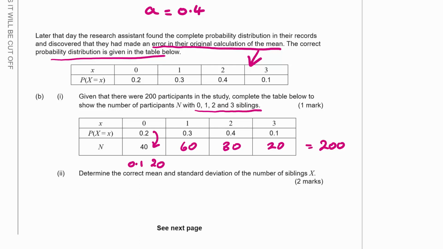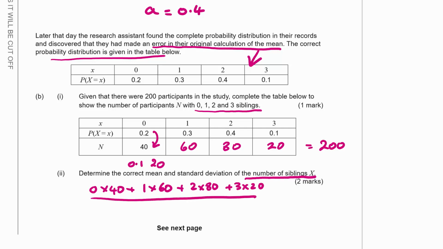Determine the correct mean and standard deviation. So now for the number of siblings this time, we're going to have 0 times 40 plus 1 times 60 plus 2 times 80 plus 3 times 20, all over 200. So that is going to give me